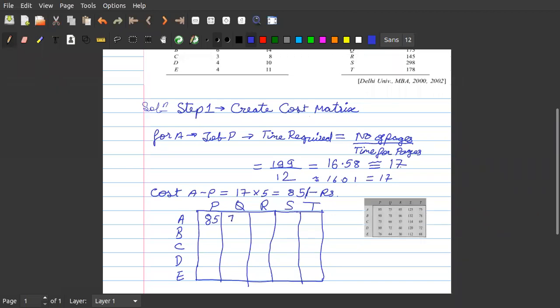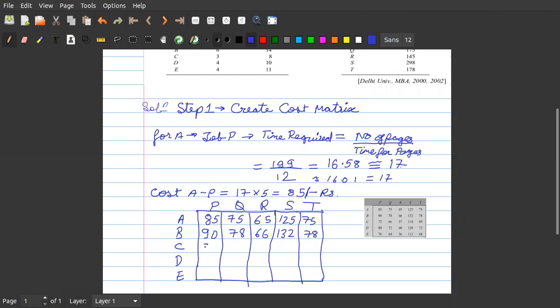So the first row will be 85, 75, 65, 125, and 75. Similarly, the next is 90, 78, 66, 132, 78.